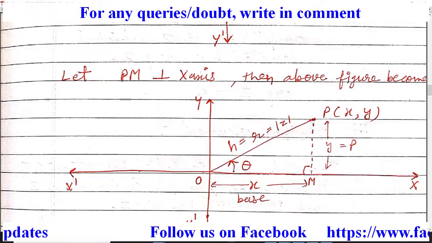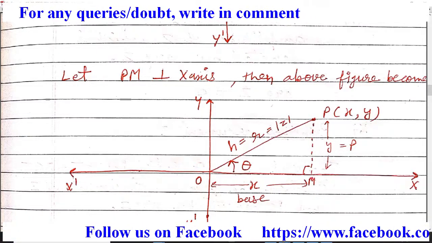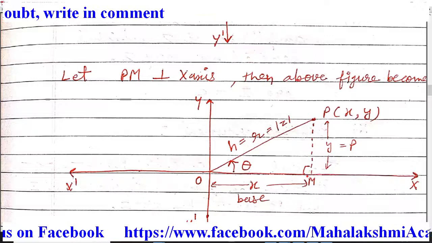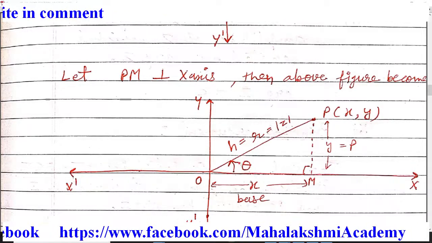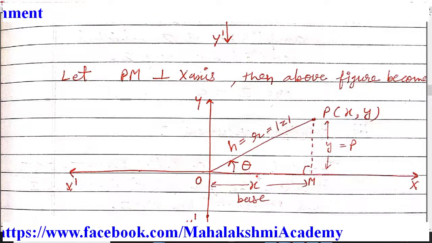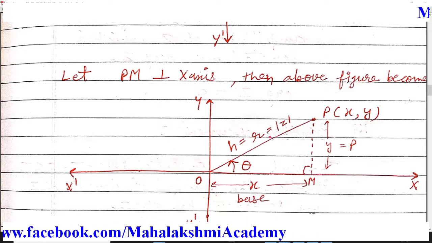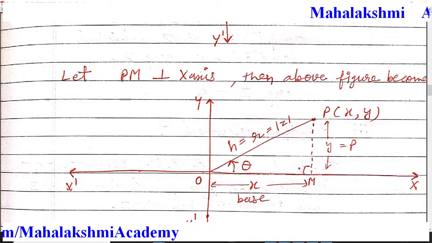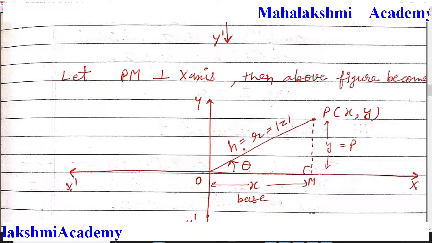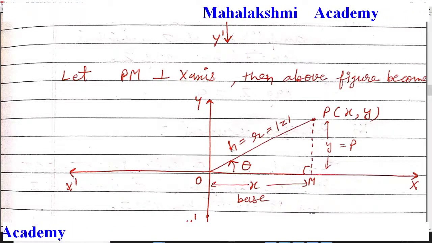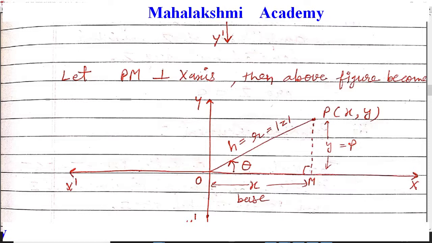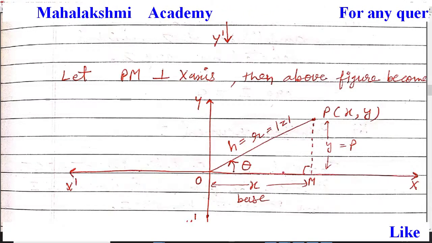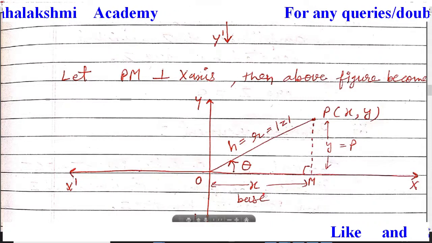So from point P we have drawn the perpendicular, and its foot I assumed as M. So PM is perpendicular on the x-axis, and theta is the angle between OP and the positive side of the x-axis, and this is your r, that is the modulus. Now in this right angle triangle, the side in front of 90 degrees is the hypotenuse. So this H is for the hypotenuse, and this P is for the perpendicular, that is the vertical line, and the horizontal line is going to be the base of the right angle triangle.